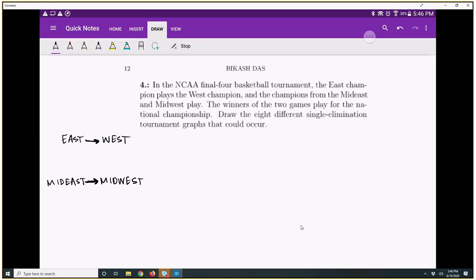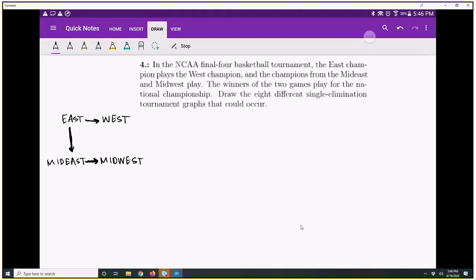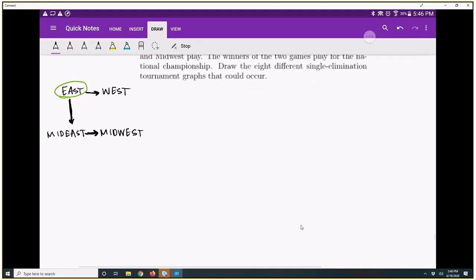So now the two teams that haven't been eliminated are East and Mid-East. These two teams are going to play, and one of them will beat the other. Let's say the East beats the Mid-East. So that's one potential single elimination tournament graph where the East is the champion and they've beaten the West and the Mid-East. We could also have East beating West